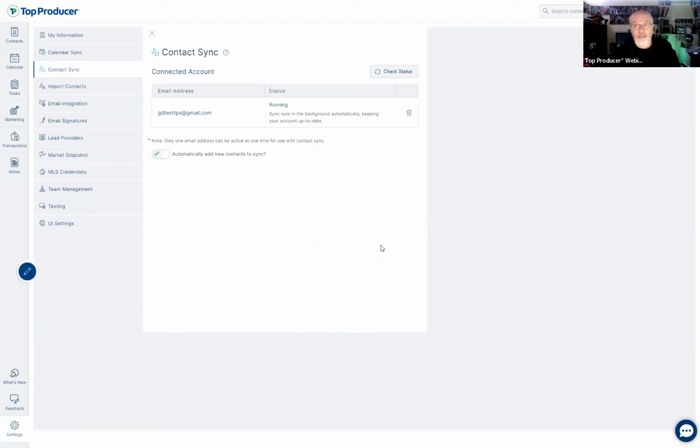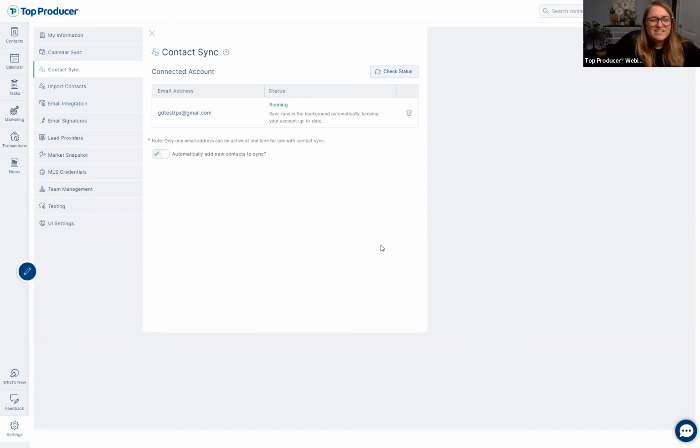And this is one of those things that in the 8i days, we only really had on Gmail. We had a Top Producer connector to Outlook, but that was old Outlook. Being able to do it on every one is great. This again, Gmail, Outlook, and Apple. Why did I say Yahoo for Apple? That just makes no sense.